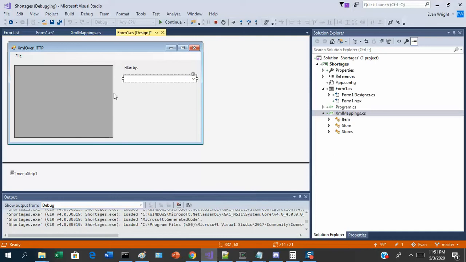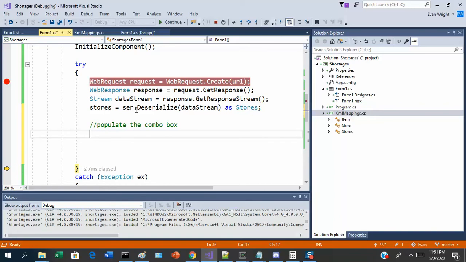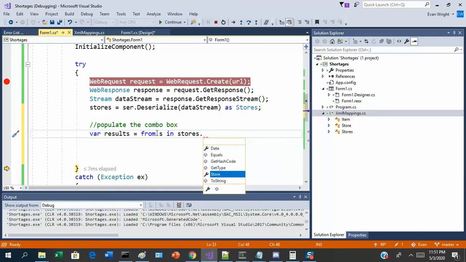So let me go to the constructor. Okay, so now populate the combo box. All right. LINQ query time. So a LINQ query always starts with var result, and you can call the result whatever you want. Var means let the compiler figure out the type. And then from something in collection. So let's say from s in stores dot store. So for all the stores,